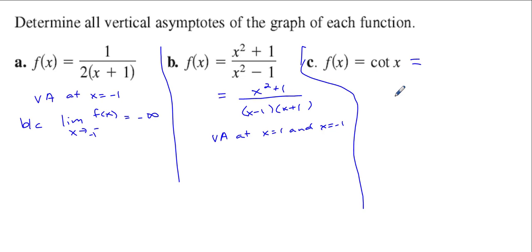Change everything to sines and cosines because that's the x's and y's on the coordinate plane, right? Okay, but cotangent is not sine over cosine. Cosine over sine. So now to figure out where cotangent has asymptotes, we have to know where sine is 0,